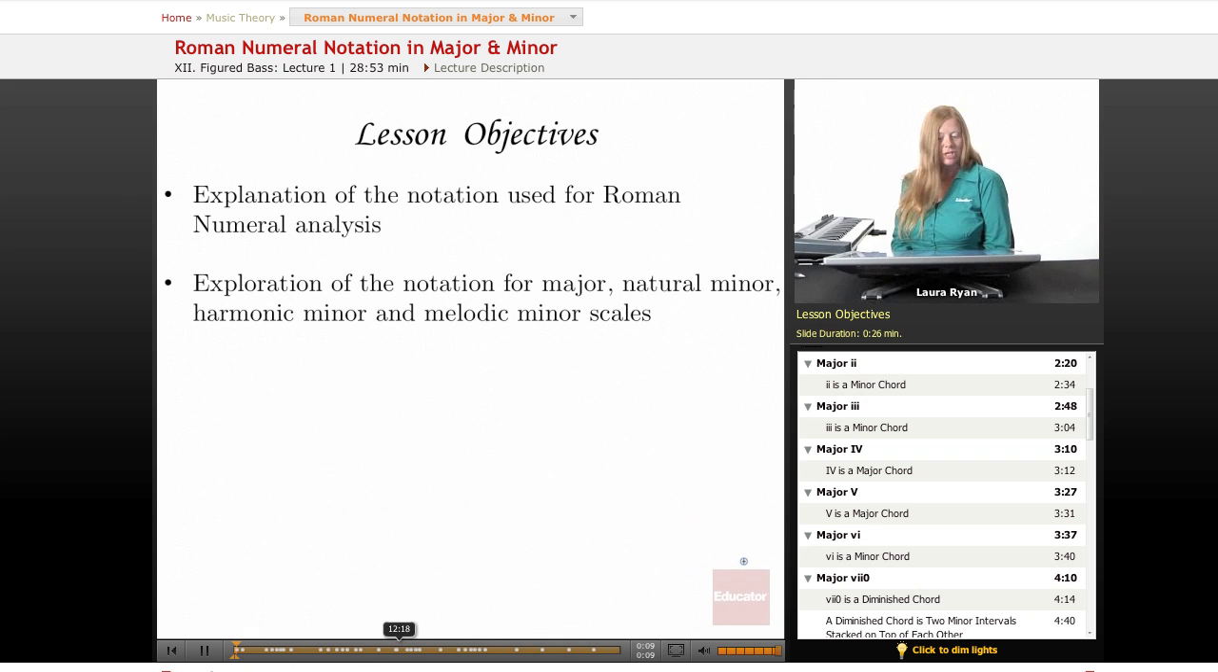So our lesson objectives will be an explanation of the notation used for Roman numeral analysis, and we're going to explore the notation for major, natural minor, harmonic minor, and melodic minor scales. What we're going to do is label the quality of each chord that happens on the scale degree of each of these scales. So, for example, when we're doing a major scale,